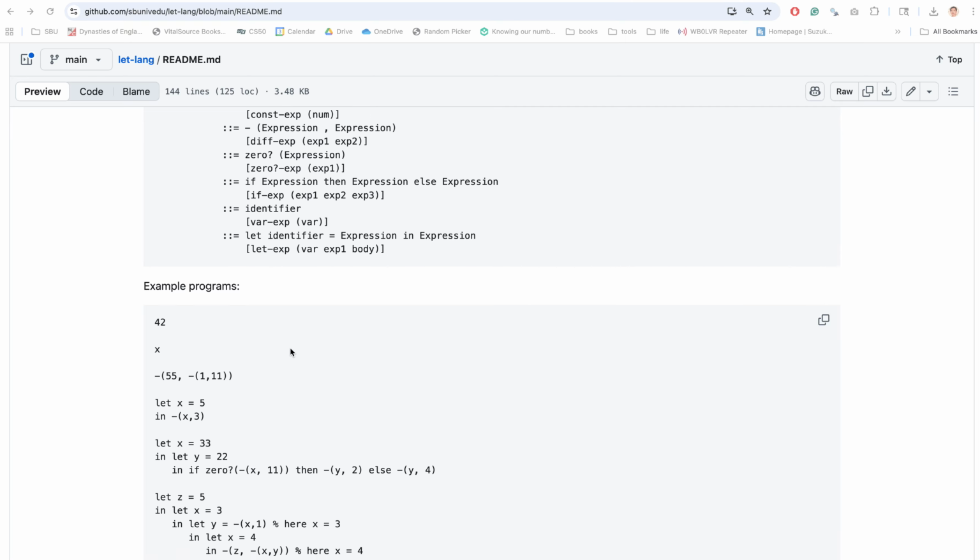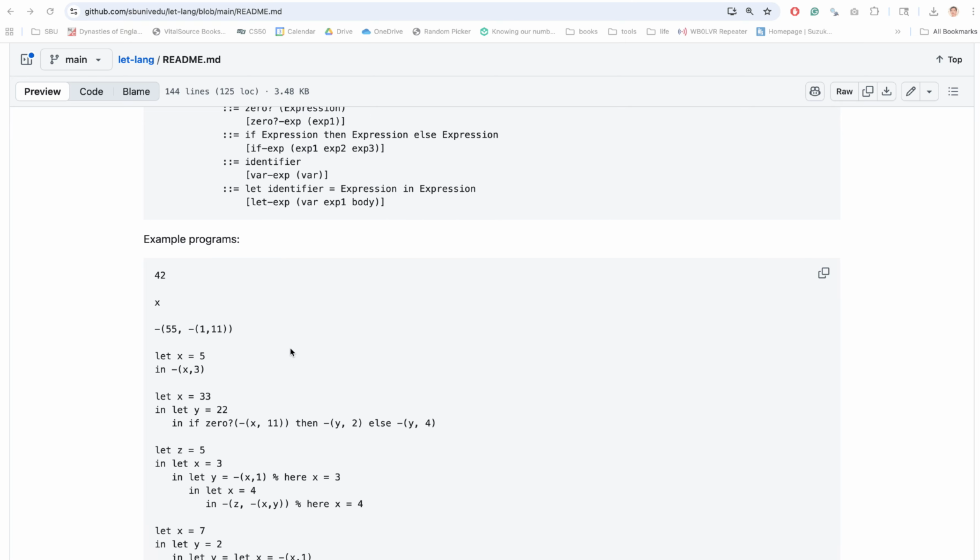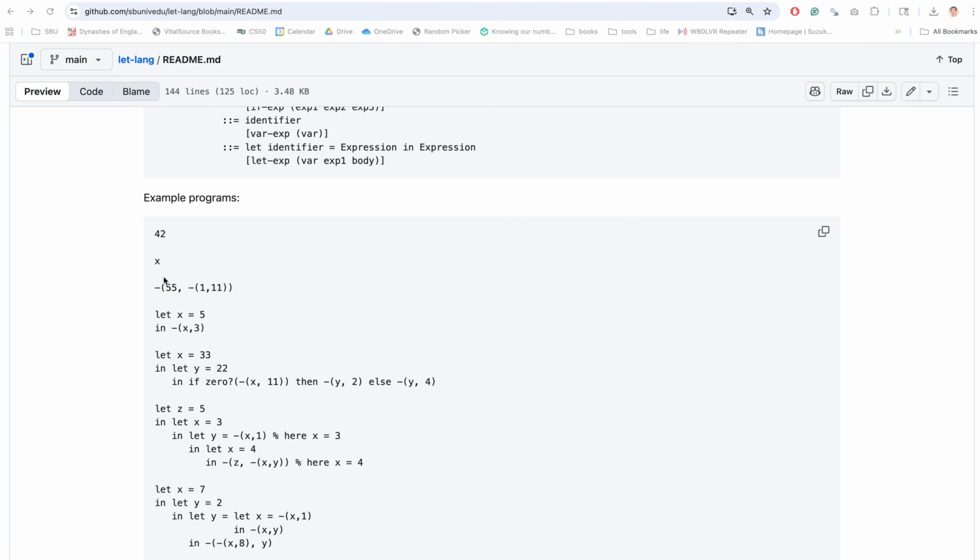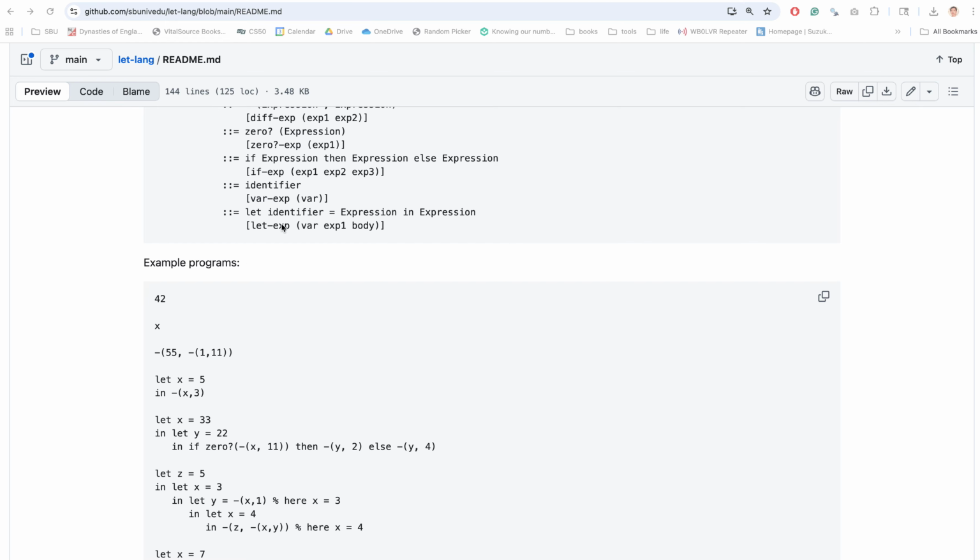So here are some concrete examples. Our program can be a number, an expression can be a number itself, can be a variable, can be a minus expression, which can be nested. So anywhere a value can be, it can be a valid expression. In this case, it is another minus expression. We have a let expression. Let expression has this kind of